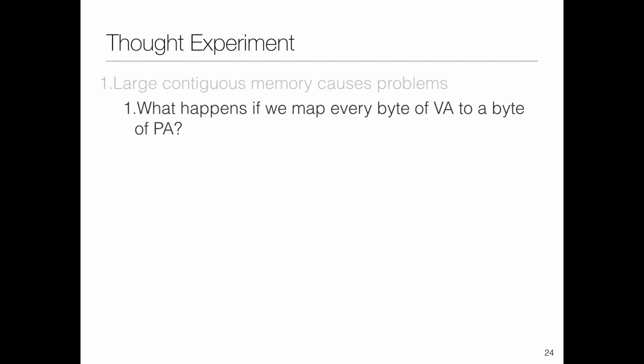So it's a lot of overhead, right? One of the goals of the OS, specifically memory management, was to reduce the overhead of the OS. If we manage each byte, or map each byte of the virtual address to a byte of the physical address, there is a lot of overhead. The OS has to maintain the entire structure on a per process basis.